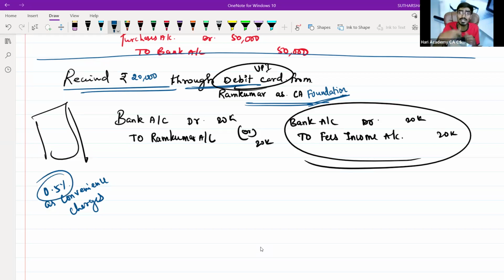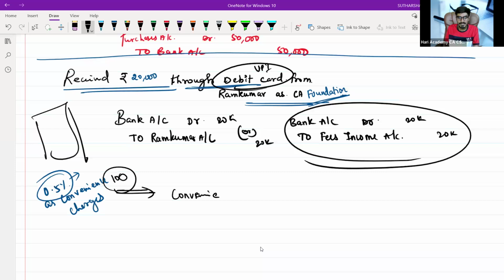Many organizations collect it from the customers. But what we can do is also set off that amount. 0.5% on 20,000 will become how much? 100 rupees, right? I hope you got 100 rupees. For that 100 rupees, the entry will be